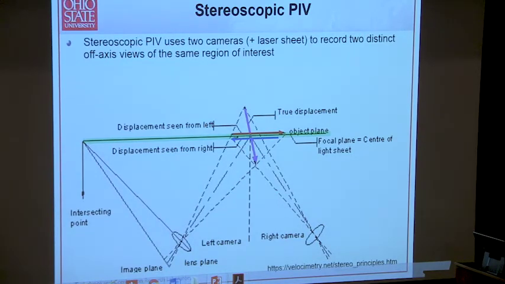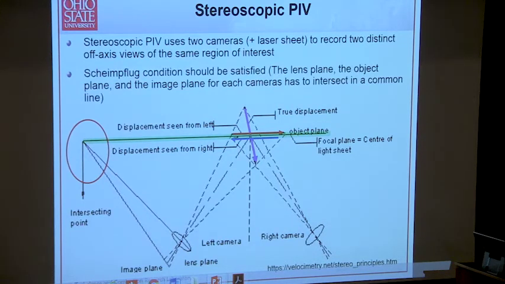And what happens here is that you record 2 distinct views. You have one that has a perspective from the left and a perspective from the right, okay? And then we'll talk about this in the next lecture, how you actually analyze this. But you end up with 2 images, and you convert those to one single planar field, and you get the out-of-plane component. But one thing that has to be satisfied is what's called the Scheimpflug condition,